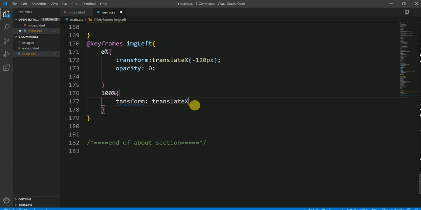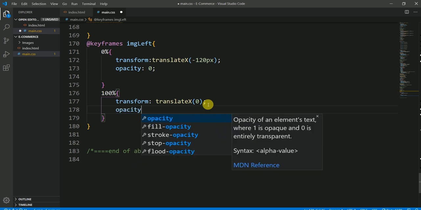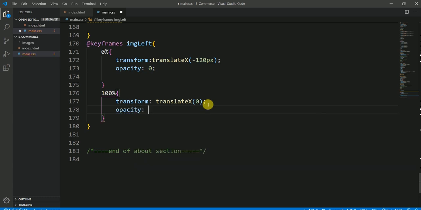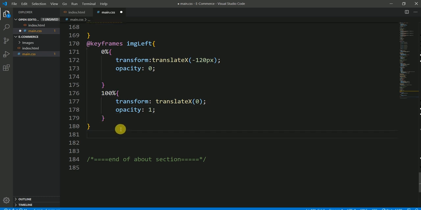And translate x, this could be 0. Yep, my spelling mistake. It's transform. Translate x 0. And then the opacity for this would be 1. Okay, now again add